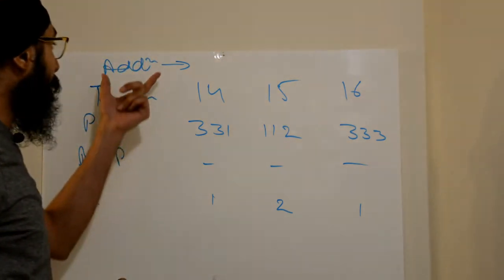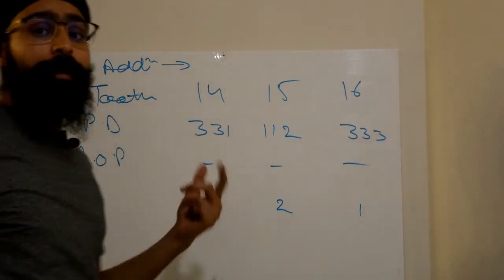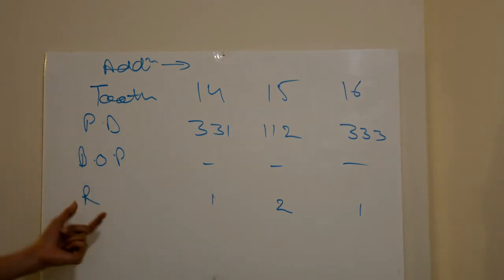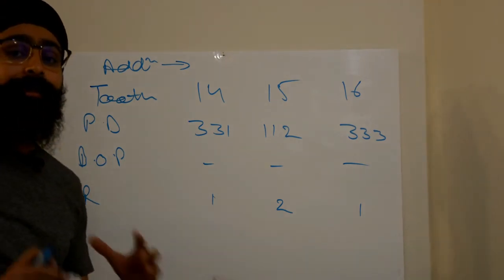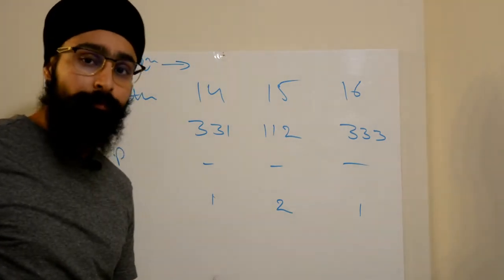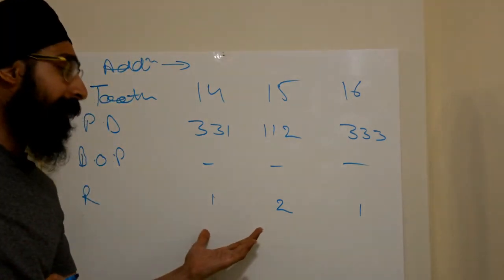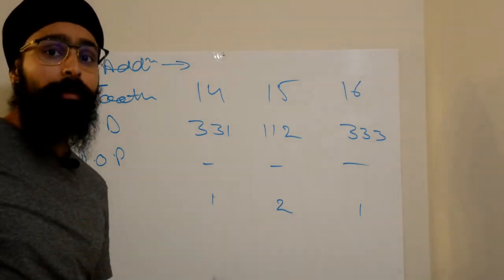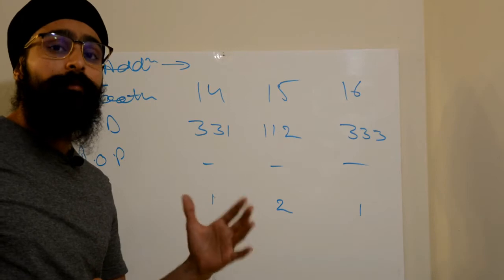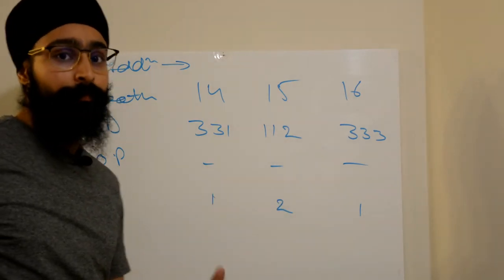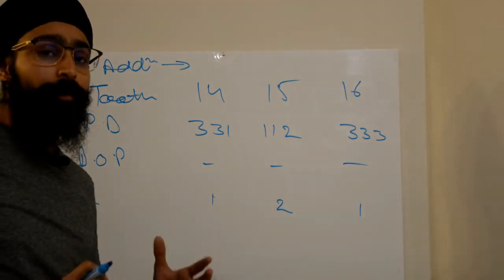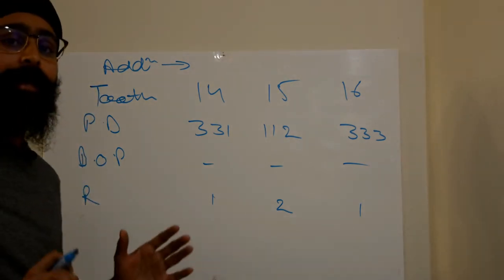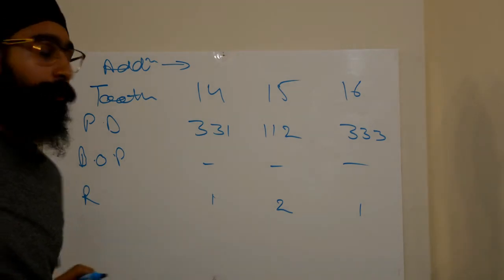When additional information like this is given, and you are presented with a perio chart like this, even though recession is present, since additional information has already told you that the recession is not because of the problem now present, it was because of the previously cured problem, but it will come on the perio chart like this. So this type of a perio chart represents the healthy gingiva on a reduced periodontium.